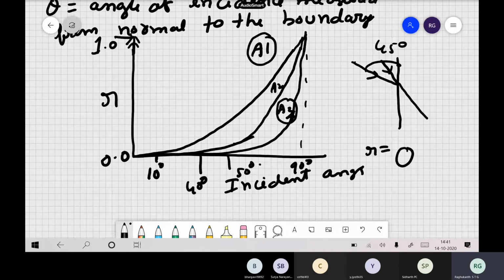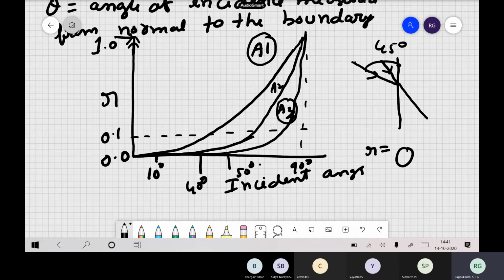But if you use A1, what happened? There is only the first term in this one. So for 40 degrees, say, if you try to draw this, approximately this turns out to be, you see, 0.1 or something like that. You get these numbers. So what does it tell you about the paraxial?